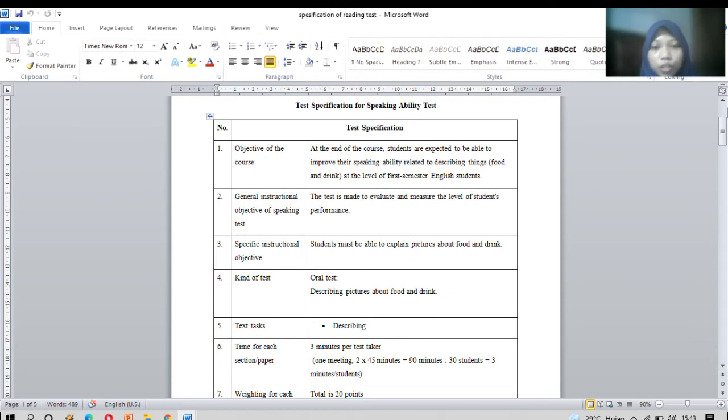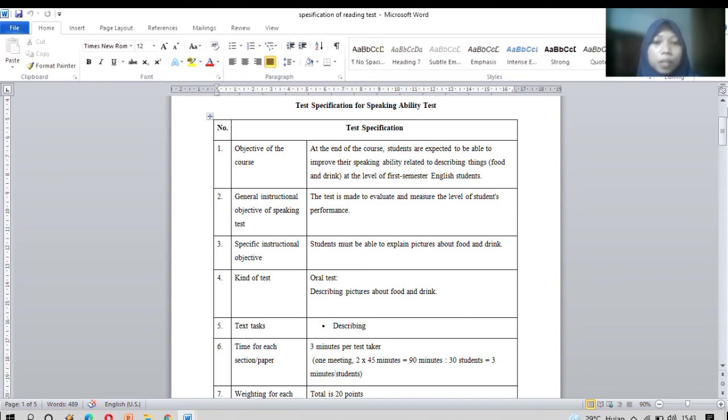And then general instructional objective of speaking. The test is meant to evaluate and measure the level of students' performance. And then specific instructional objective is students must be able to explain or describing pictures about food and drink. Kind of test is oral test, namely describing pictures about food and drink. Text task is describing, and for time for each section or paper,